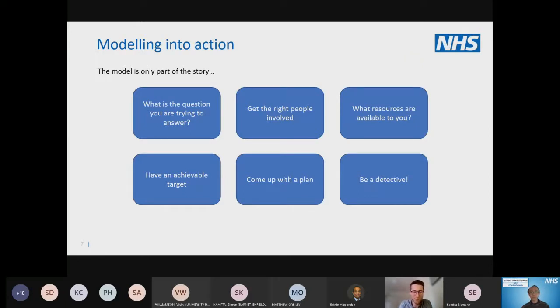do you have an achievable target for what you're trying to get to? And that's very much linked to the question you're trying to answer. You're coming up with a plan and you're following that plan and the timelines that you want to achieve them by. And then the last thing is just be